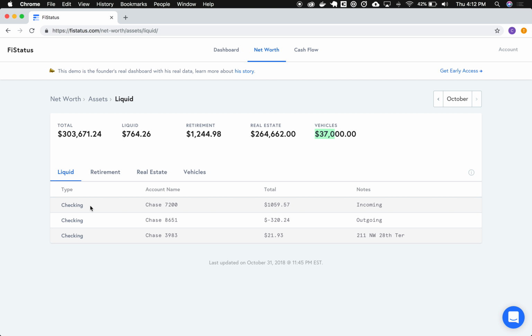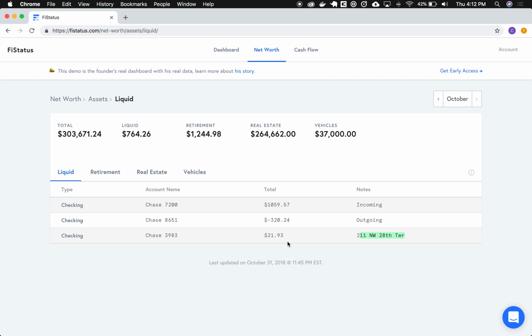So the liquid, you can see I have 3 checking accounts. I have 1 checking account that I use purely for incoming. That's where all the money comes in. And for the things that require, like, credit card bills, I have an outgoing account. The reason I do that is I like to know what's coming in and what's going out, and I like to be able to control that. For example, I'm negative $320 this month in that account. If that was a part of this account, I'd be screwed and I wouldn't have any money. So yes, I get dinged on it, but at least I have more control of it.